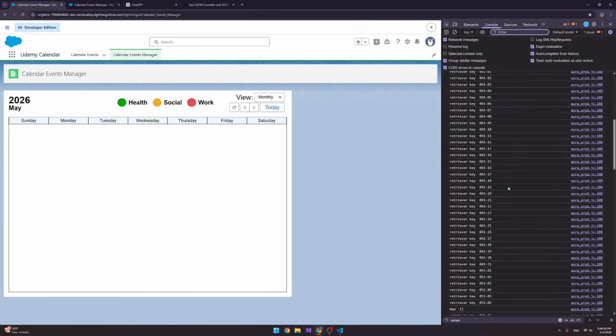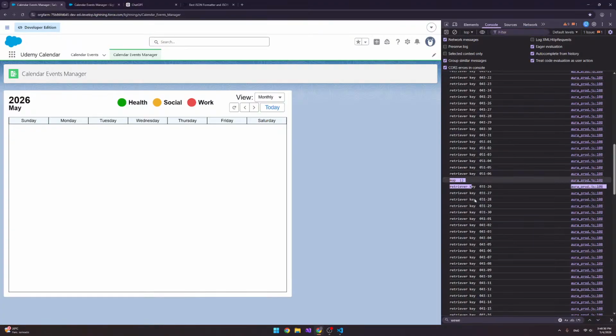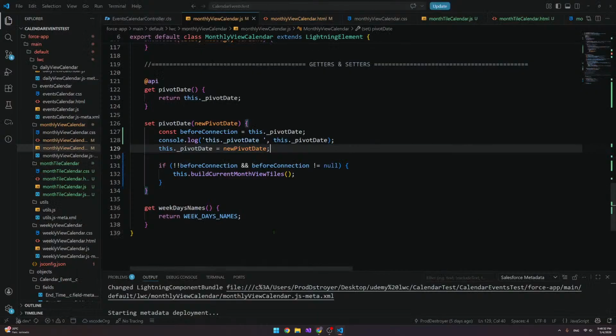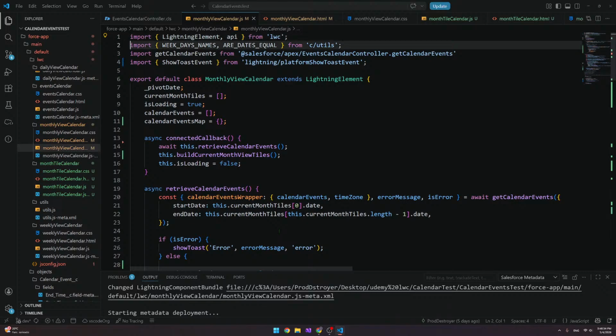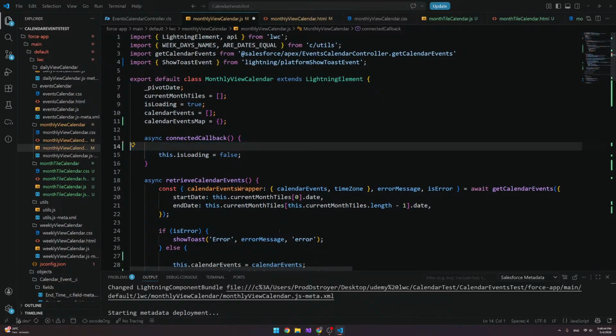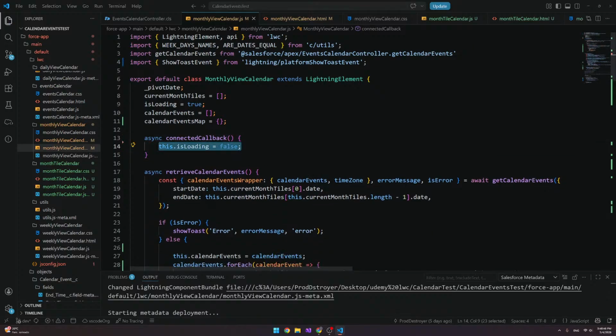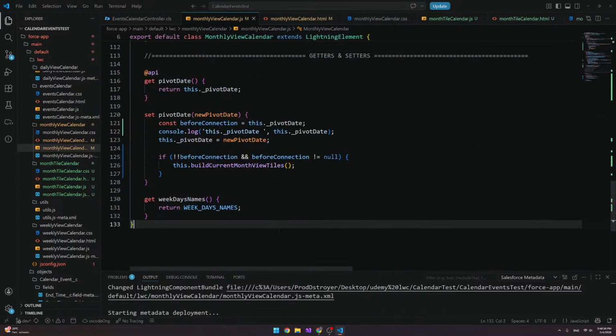This is the behavior I was expecting. But why are you showing this twice? I mean, connected callback. Is it because of the is loading or something? Like, I'm just gonna take the is loading here. The problem is you're gonna have to